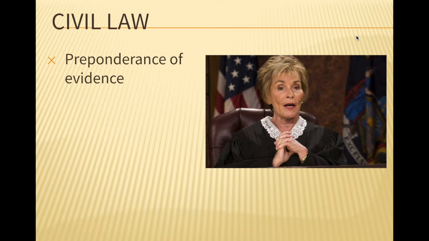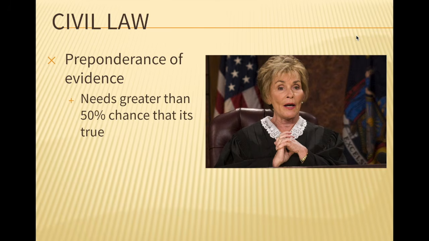Now, civil law follows a code basically of preponderance of evidence. You may have heard beyond a reasonable doubt, and that's a term used for criminal cases to determine if someone is guilty. Preponderance of evidence is the idea that in a civil court, you just need to prove that the defendant is more than 50% at fault. So you need to prove that it is mostly their fault, or it's most likely their fault, which is a pretty easy thing to prove compared to beyond a reasonable doubt, which we'll get to in a moment.